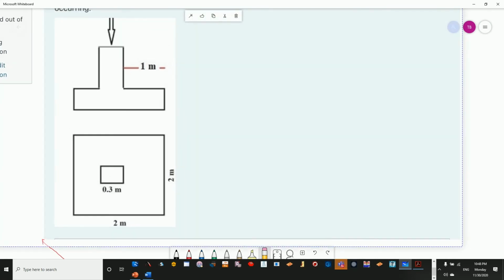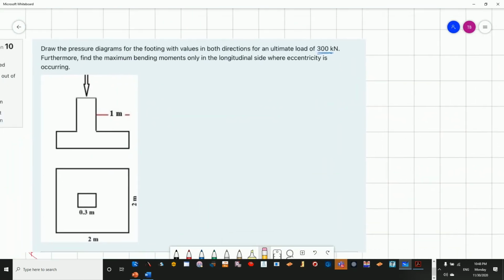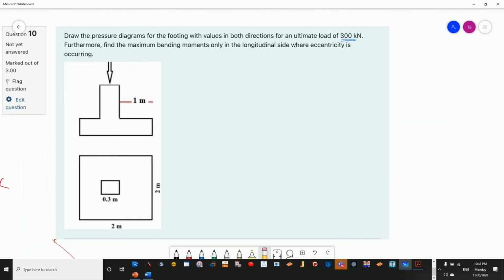Okay, now if you see, it says for you draw the pressure diagram for the footing with values in both directions for an ultimate load of 300 kilonewton, and furthermore find the maximum bending moments only in the longitudinal side where eccentricity is occurring. Now if you see in this particular